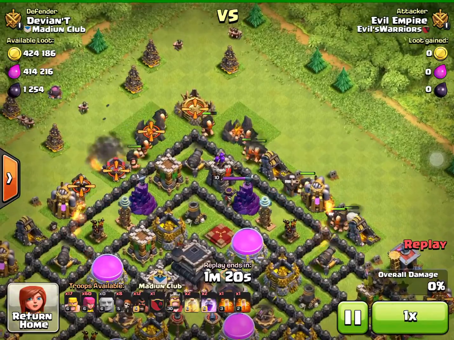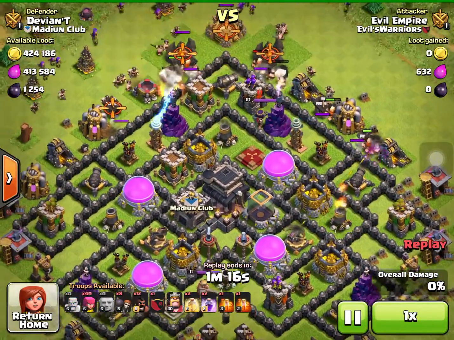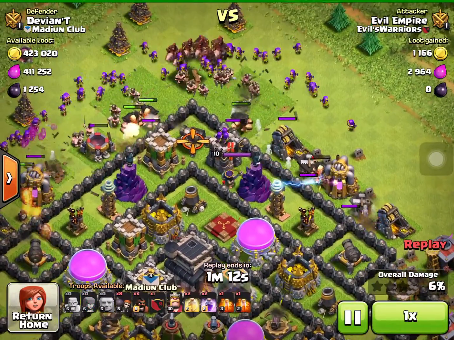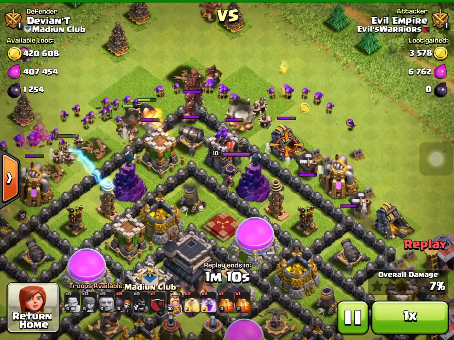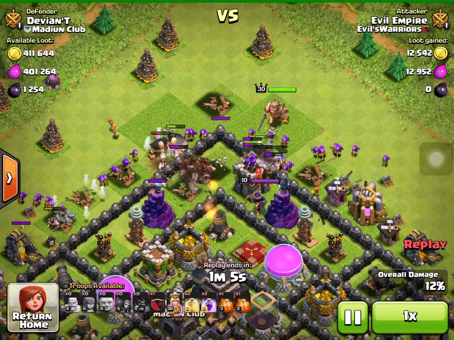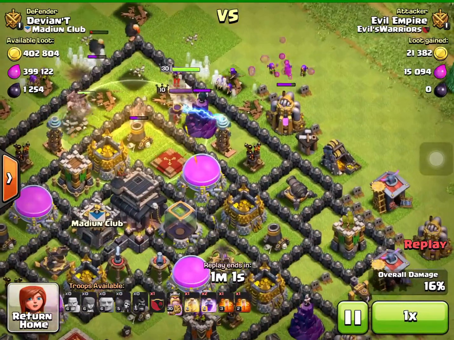So, here is me attacking Debian T. I only have my king, I do not have my queen. Probably would have got a much better result with my queen than without, but it was too tempting for me to wait for my queen. I decided 400,000 of each, let's try this. So my troops are heading in right here,